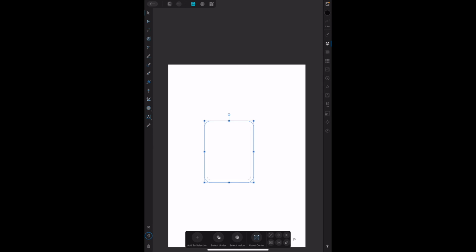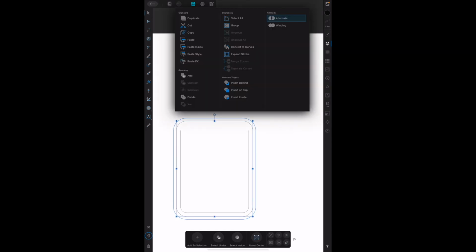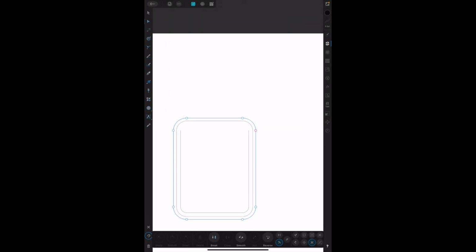Now, if you want to add a trim allowance, same thing. You want to copy paste, and then do the same thing with this little circle icon. For my trim allowance, I like to do 3 millimeters, which is pretty good. Same thing, you want to double tap on that. Actually, no, you want to convert to curves. Then once you convert to curves, you want to break these, so you hit break,